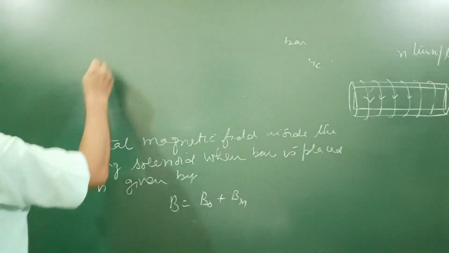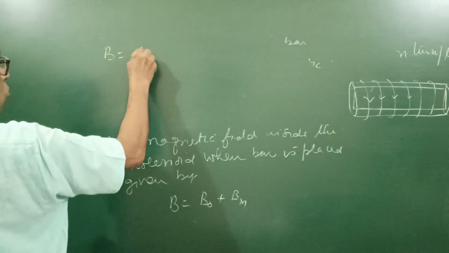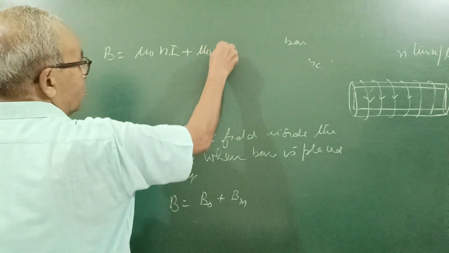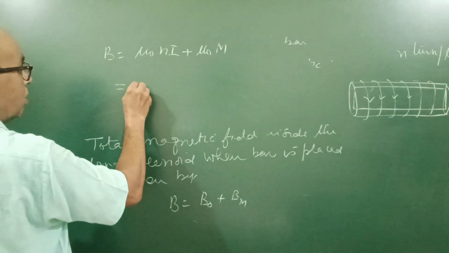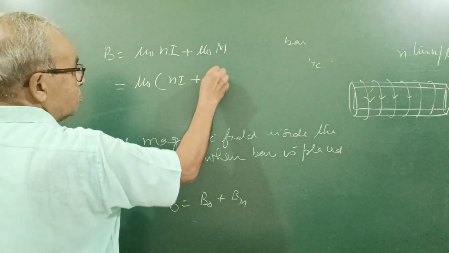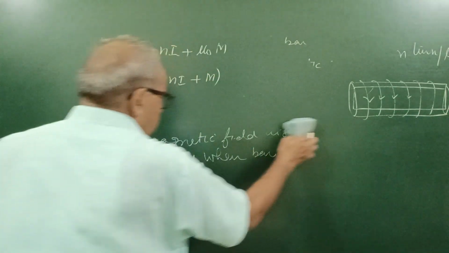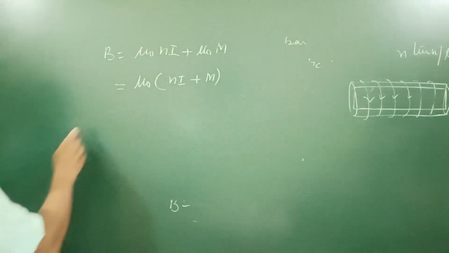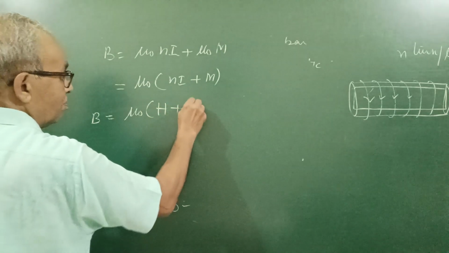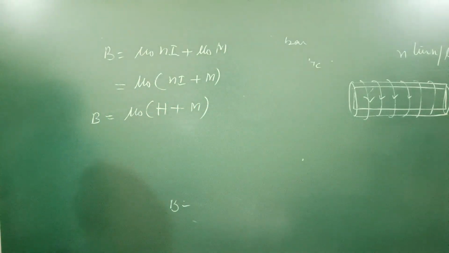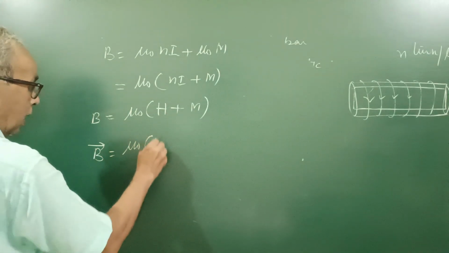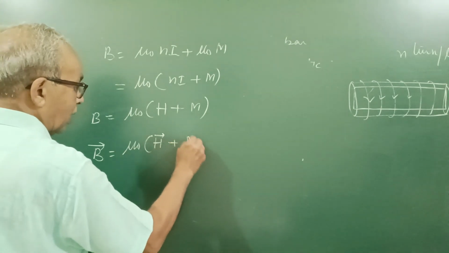So it is equal to, here B equal to mu 0 n I plus mu 0 M, or we can write it as mu 0 common n I plus M, or you can write it as mu 0 into H plus M. In vector form, we write vector B equal to mu 0 vector H plus M vector M,